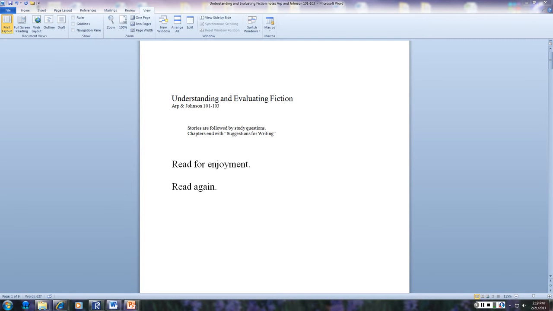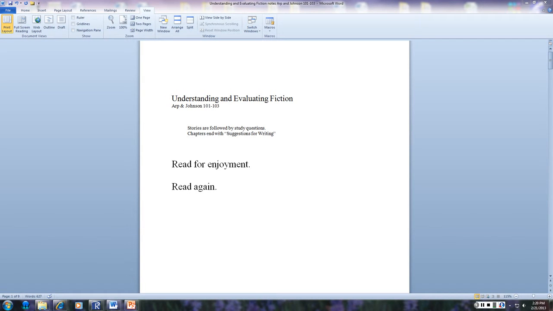When you read the first time, you read for enjoyment, and then you read again to evaluate. So since you're going to spend time with the story, you certainly want to choose something that you found appealing on some level, whether it's the characters, the plot, the ending, what you felt were symbols within the story. But initially read for enjoyment. That's what you're in the process of doing now. And then you read again for evaluative purposes.